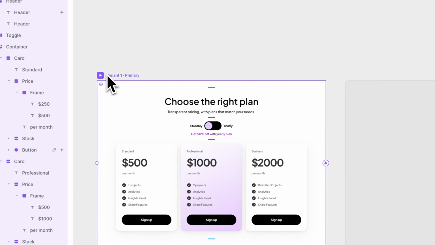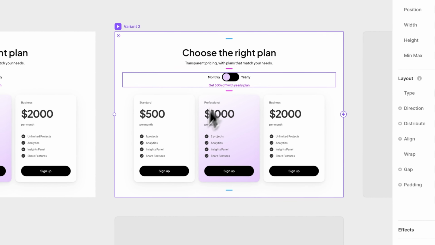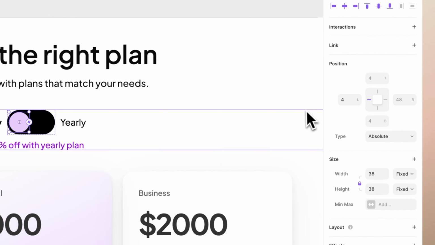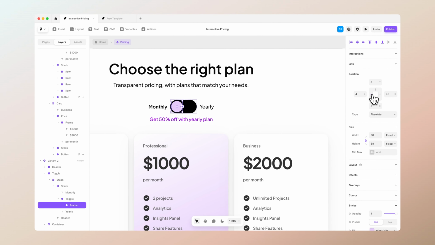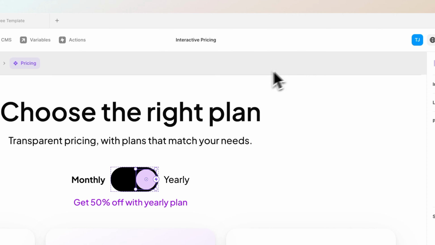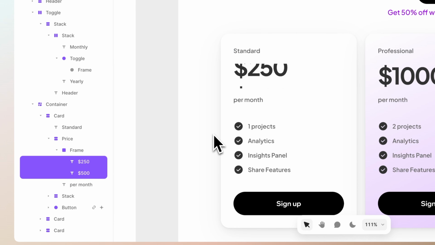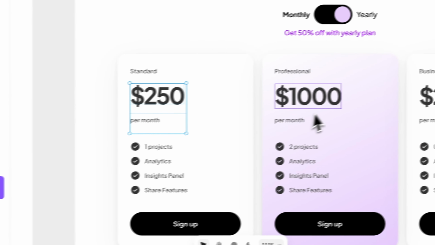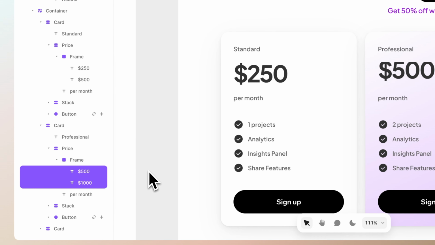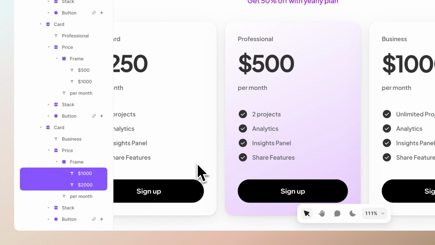And now the only thing we have to do is create a new variant. You can call it variant 2. And inside in here, let's first move this toggle. So now you can see that it's pinned to the left corner. We can remove that, pin it to the right corner and just move it there. And also let's select all of these and move the new value in. Do the same thing in here, move the new value in like this. And the third one,